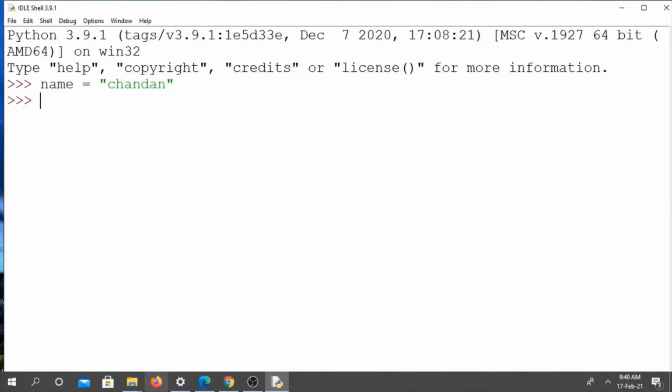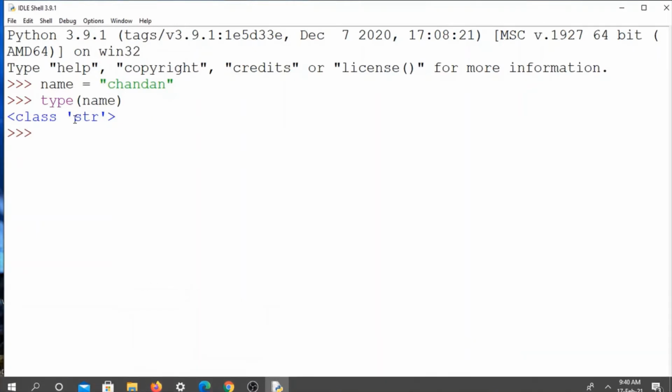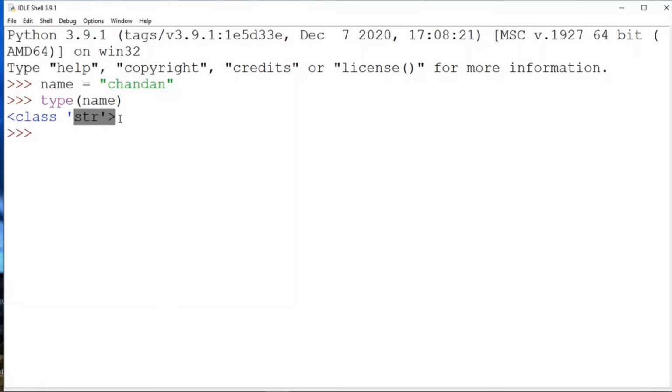Then you just hit enter, and if you want to check the type of your variable, just use the method type, and inside type you just pass your variable name, which is name. Now it is returning as a string. That means your variable is a string type.